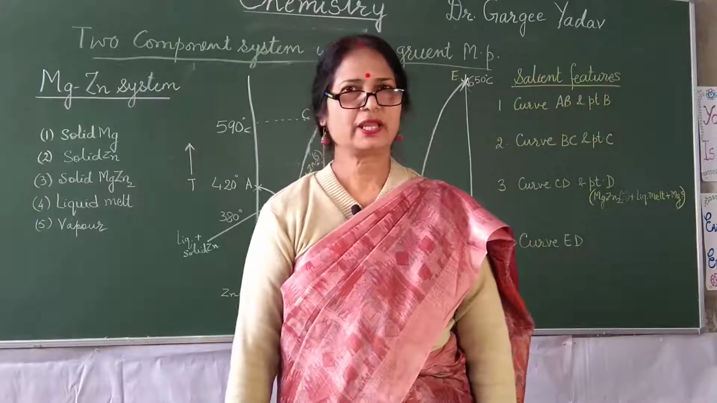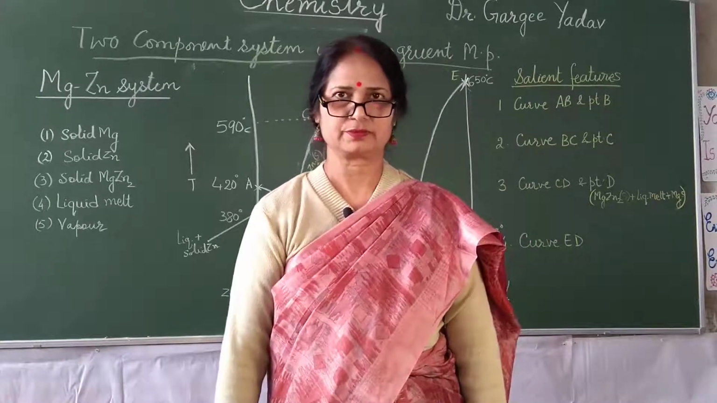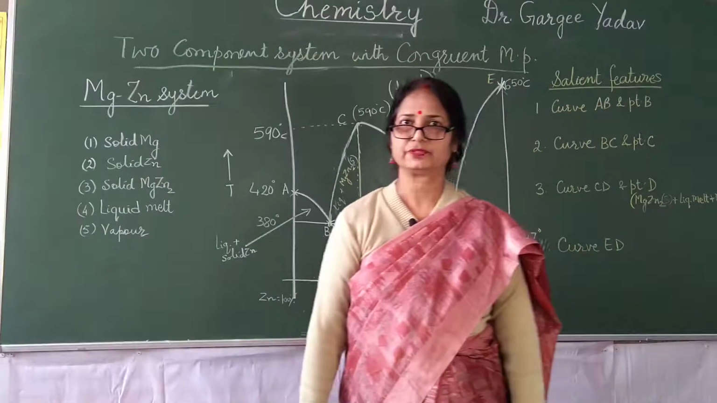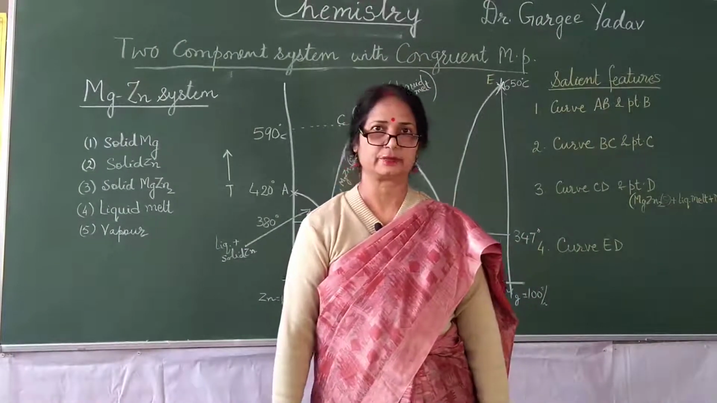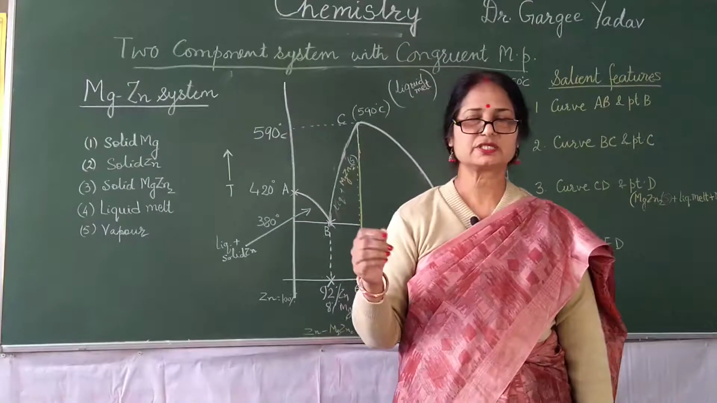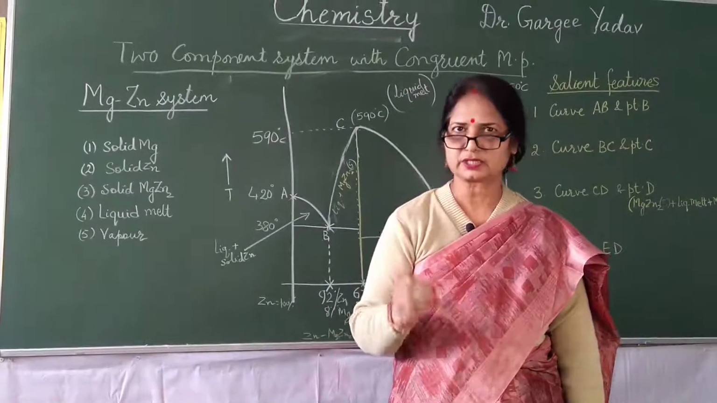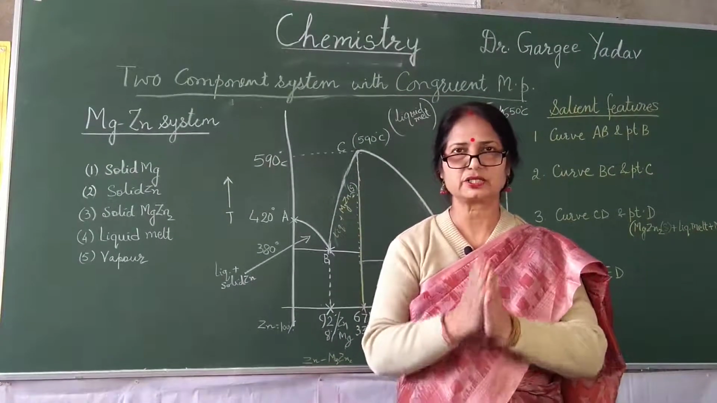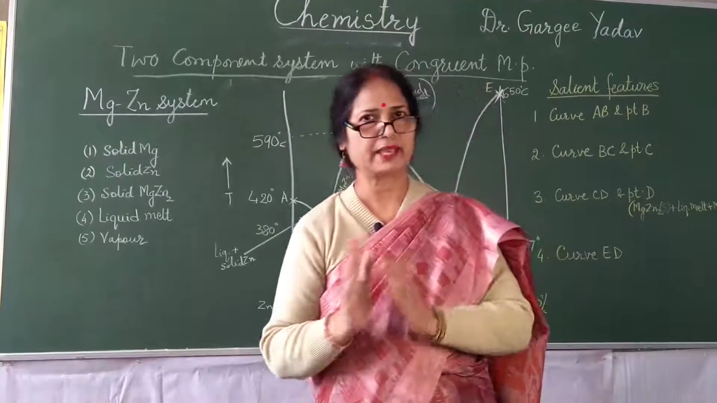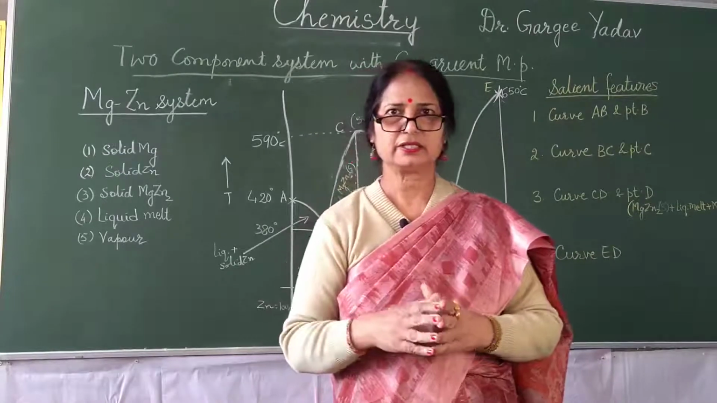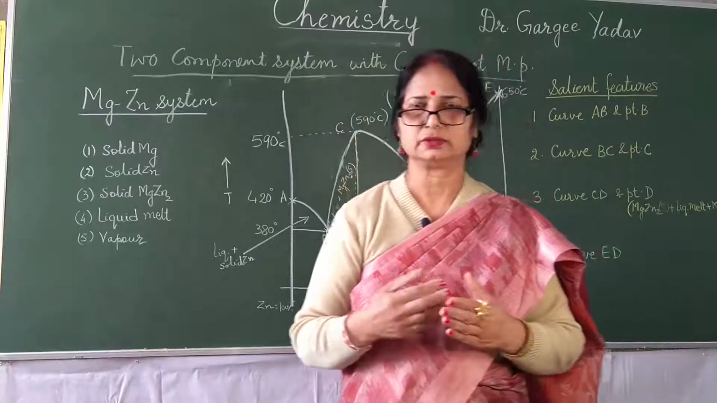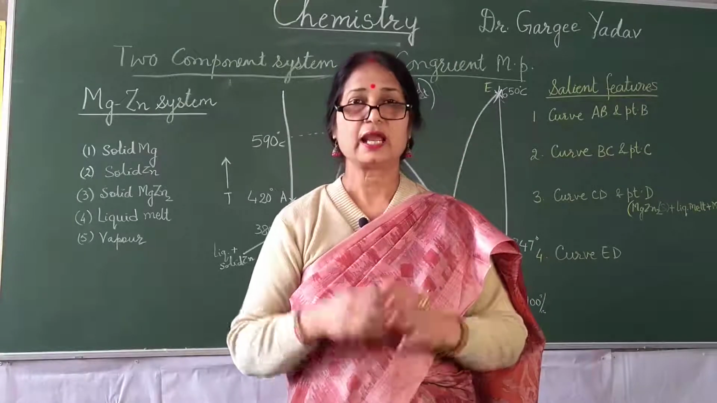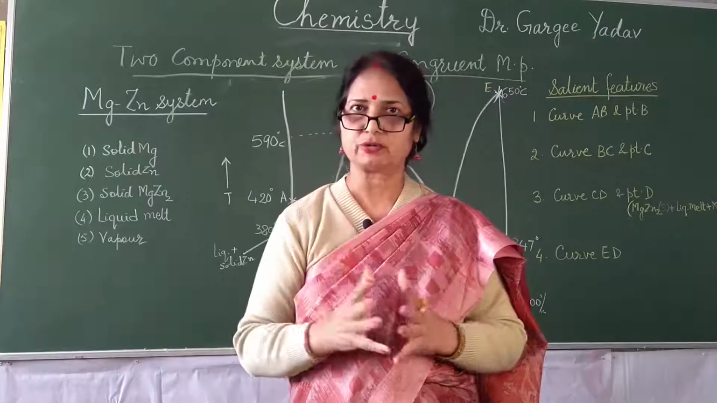Everybody. Today I am going to tell you about the zinc magnesium system. I have told you about the two component systems in which there is congruent melting point. So the zinc magnesium system is a typical example of such systems which have congruent melting points. Congruent melting point means that the two components, zinc and magnesium, when heated together, will mix with each other and react with each other and form a solid compound